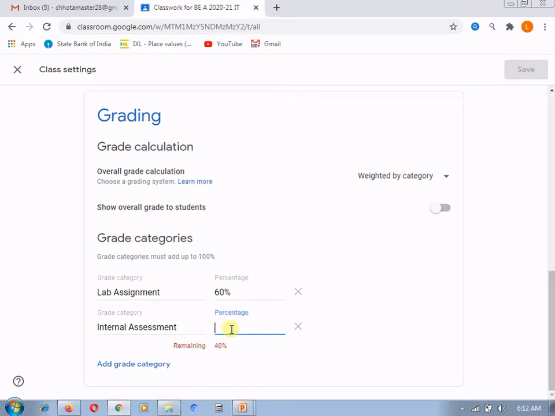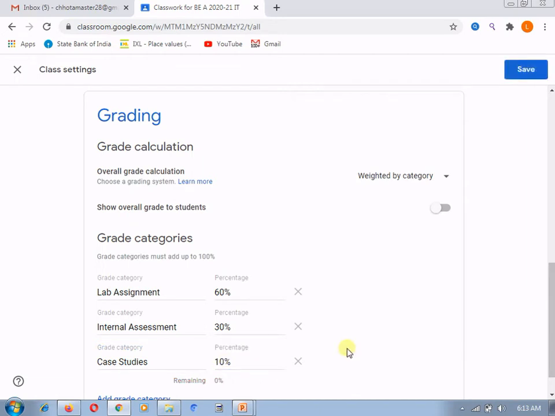If you want to give only 30%, you can give it, and again it will show that 10% is remaining. Suppose you want to give that 10% for case studies, you can give it. So you can decide different categories in which you can grade the students, and accordingly you can create the grade categories over here. In this way you can assign the categories.